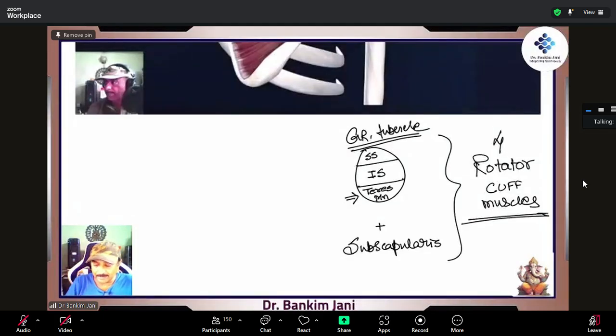Second thing, teres major, where? Teres major goes into that groove, the lip of the groove, right? Medial, yes, the medial lip of the bicipital groove. And then there is subscapularis, you know, that sandwich muscle, right? So supraspinatus, infraspinatus, teres minor, and the subscapularis, these four muscles form what is called the rotator cuff